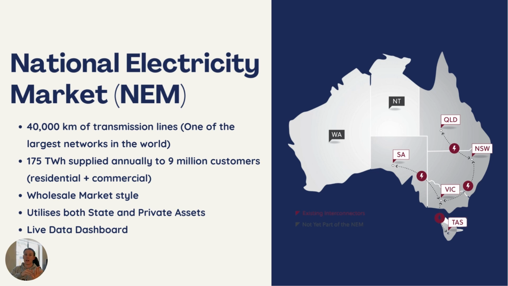supply you electricity. Now, a key definition of the NEM is a wholesale market style. Now, to give you an overview of what a wholesale market style is, essentially a spot market, which works if we assume one side is the generator and one side is the demand or market operator. The generator will say to the market operator, okay, we've got capacity to generate this amount of energy at this time. So it works in 5-minute intervals. So say at 9 o'clock, they say, okay, from 9 o'clock to 9:05, we can generate this amount of energy.